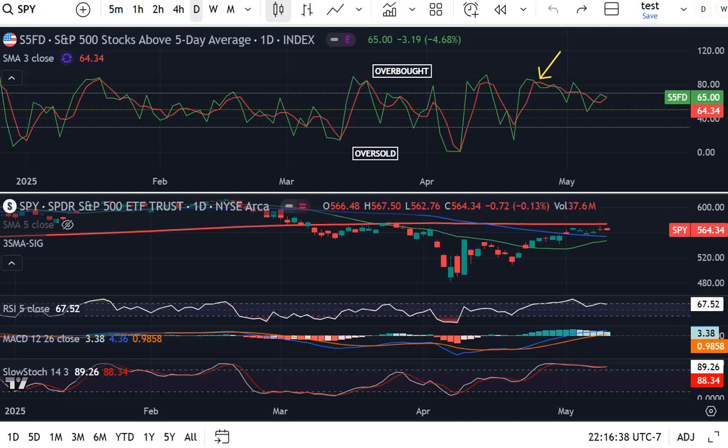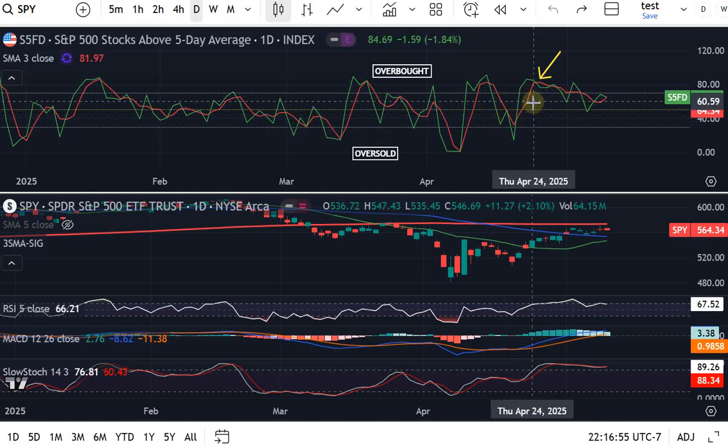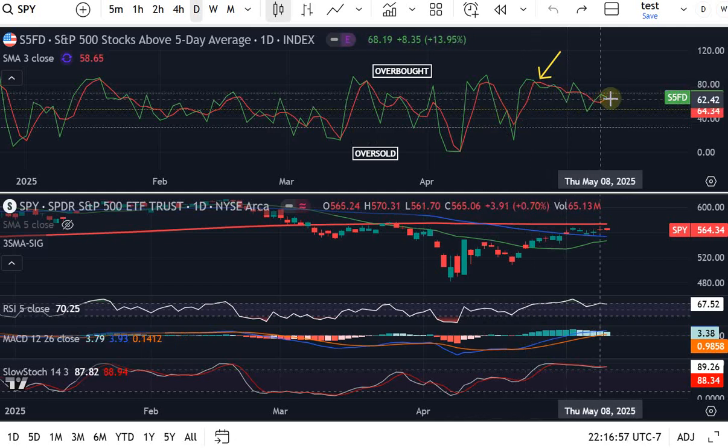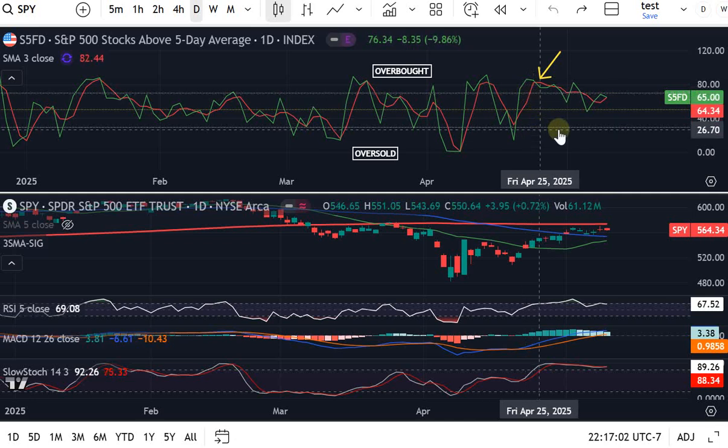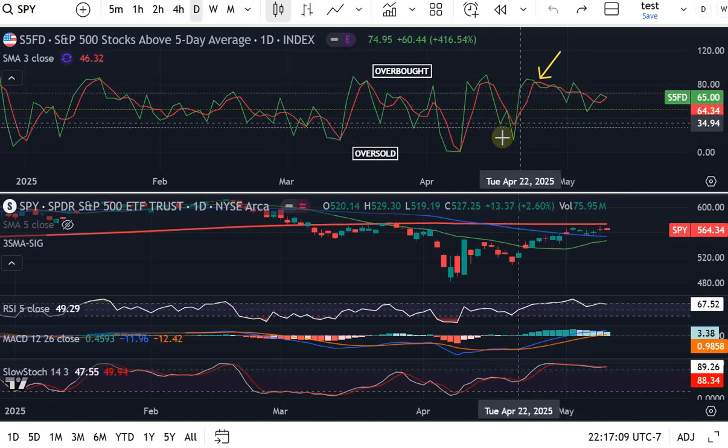The top chart being the 5-day moving average of the stocks in the S&P 500. Basically converted this chart here into a line chart and threw in a 3-day moving average here, the red line. And I just put a horizontal line on the 70 and also on the 30, making it look like an indicator here. And as you can see, when it dips below 30, it's usually a good time to pick up